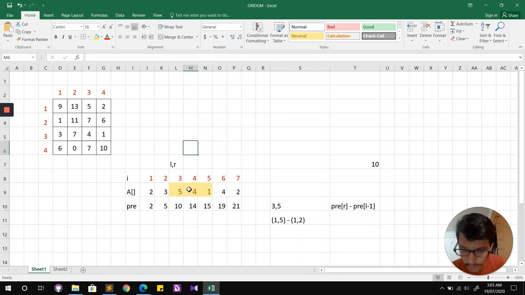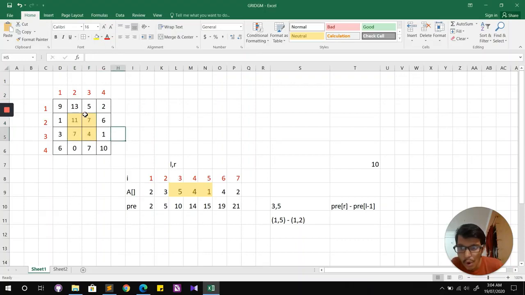So can we store something like this in a similar fashion for our 2D matrix, right? That is the question. Of course, if the question was on a 1D array, it would have been simple, but life is not so simple. We have been given a 2D question. So let's think on what we can store for this 2D array. What if my query in question was this yellow one, right?